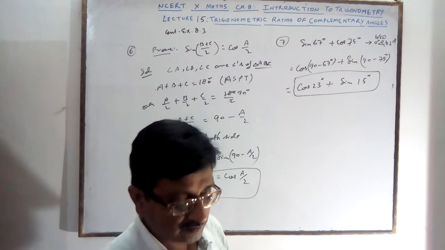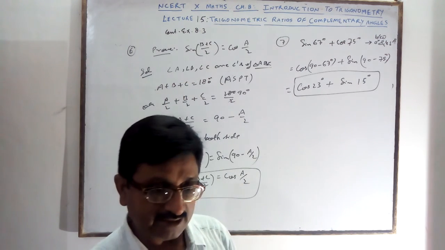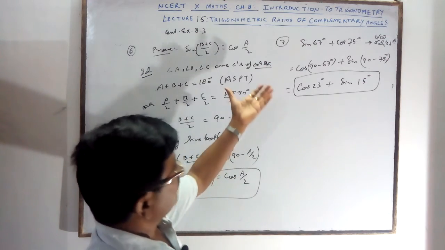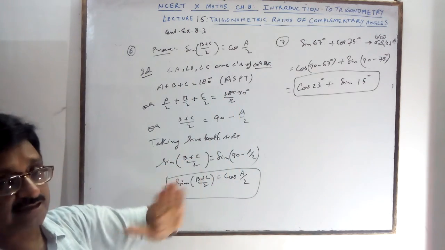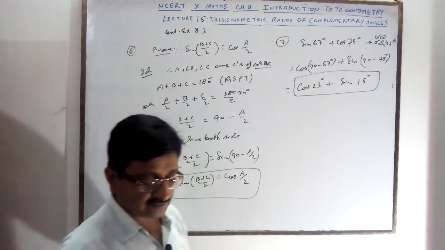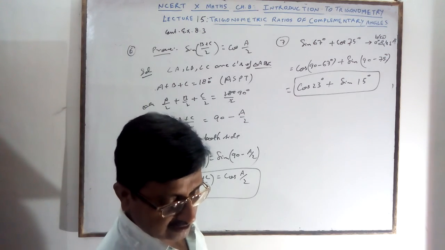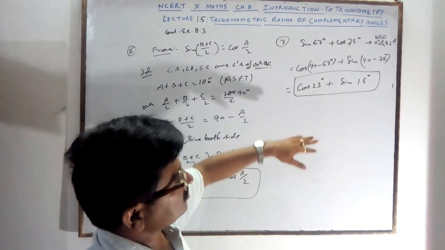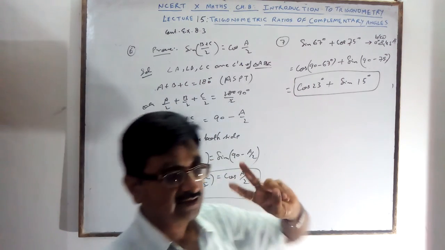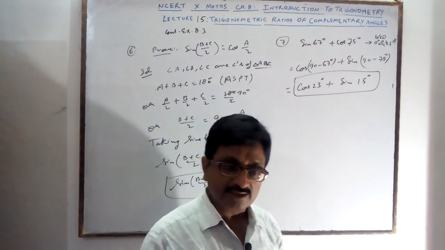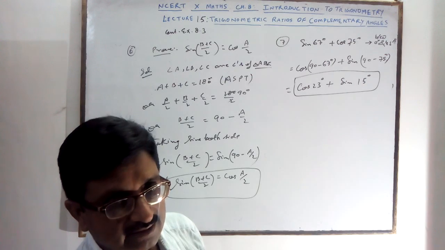Like this you can solve the other questions. Now we will study the next topic. All of you have seen that all the trigonometric ratios can be changed into each other's form. Sin into cos, cos into tan, tan into sec. After this you will get the identities. I will tell you the 3 identities in the next lecture. Thanks for today.